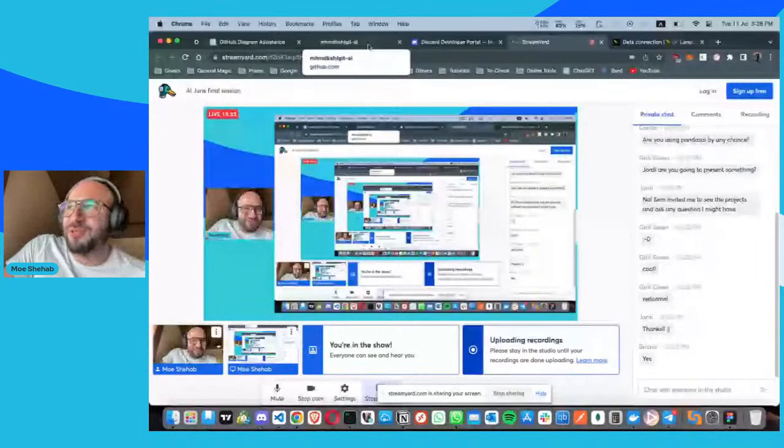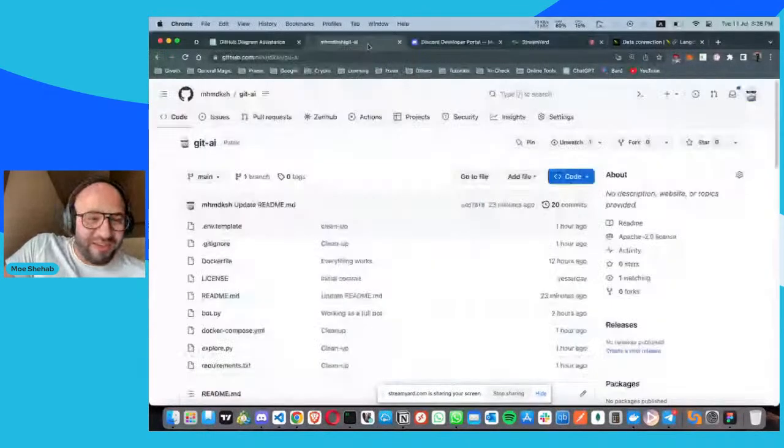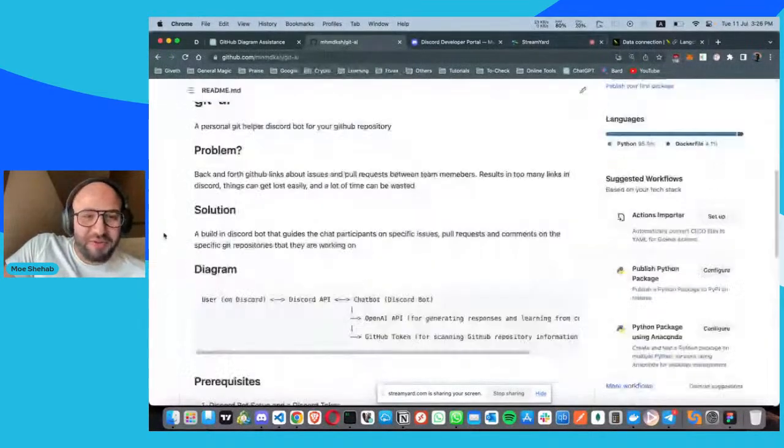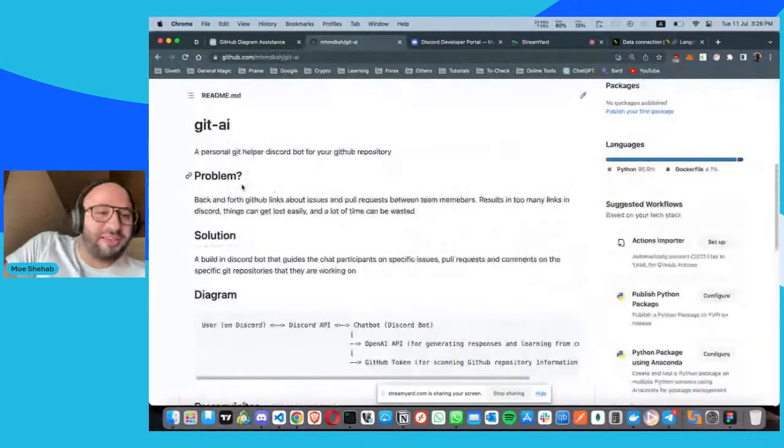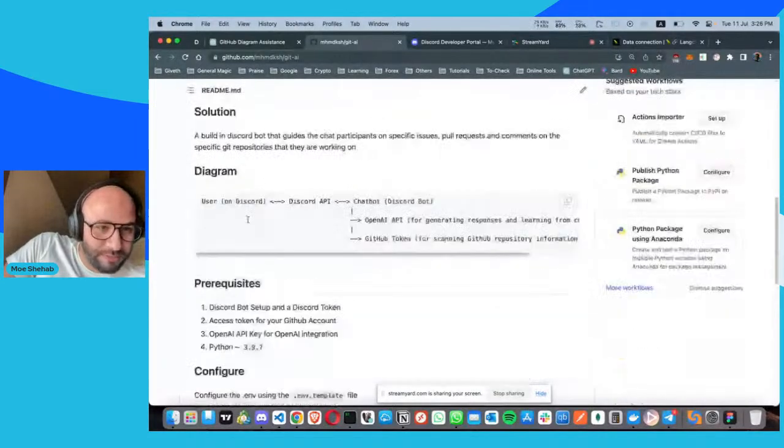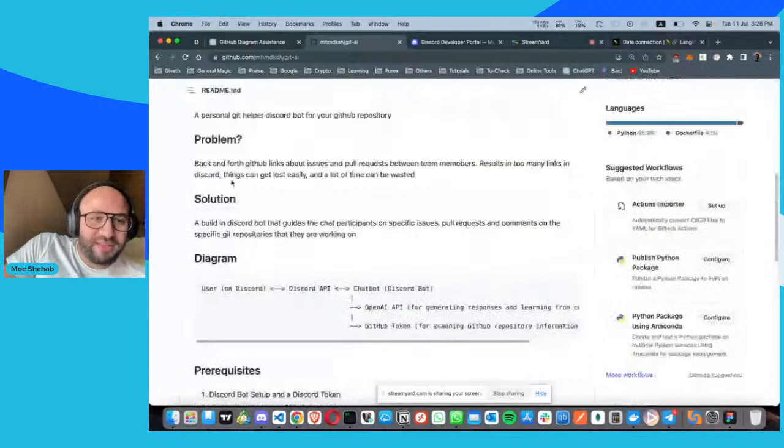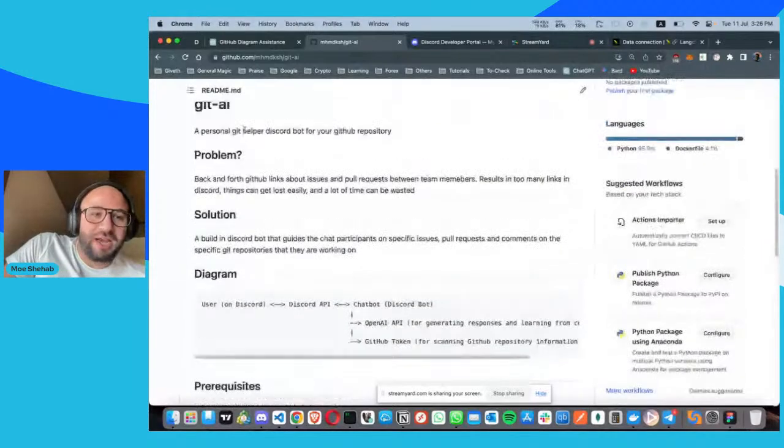There's only so much you can do in one day. But for starters, I created a Discord bot that will act as a helper bot for GitHub